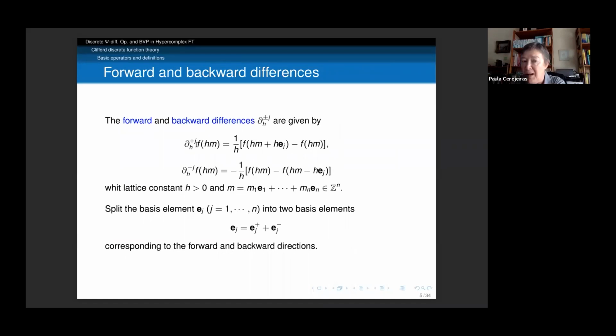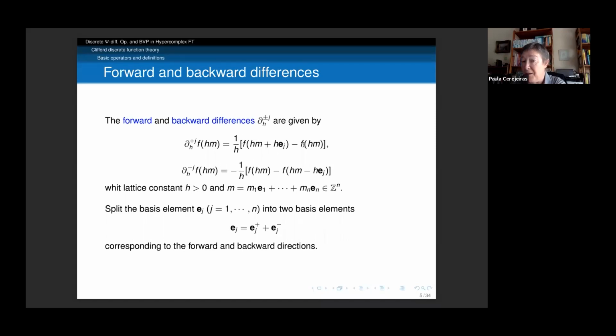So you only have the backward and forward differences. The forward is where you compare the value at the point with the value immediately after, or immediately before in the case of backward. There is a second one that I'm not referring to here, which are the centralized differences,